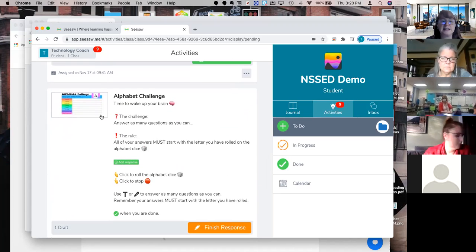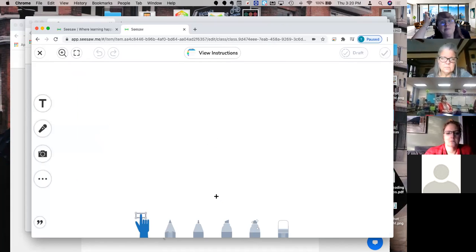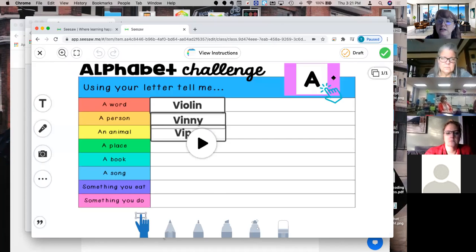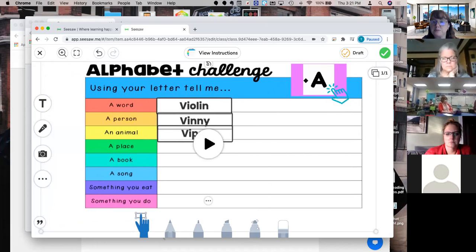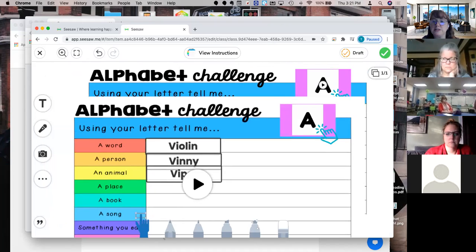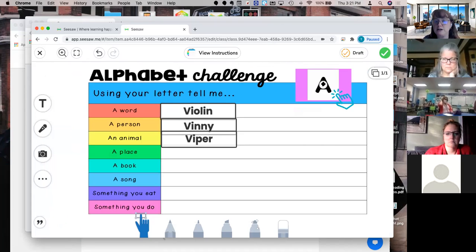They also have things like this one. This one's kind of cool. Let me go to finish response on this one. So this one has a little movie embedded in it. So up here, let me get rid of this. This is a picture. There it is. That's what I want. So right here, there's a little video and it tells you to hit play and then